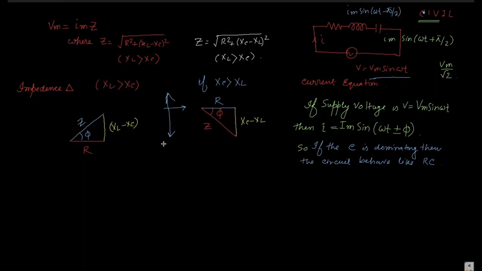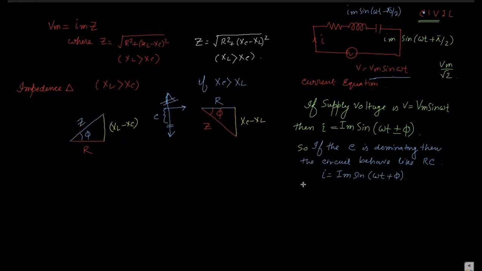So when you draw the phasor diagram, the impedance triangle or voltage triangle, you should subtract this part from this part. If this part is subtracted from the capacitive part, then the imaginary part associated with the resistor is nothing but the pure capacitive part. So the circuit behaves like an RC circuit. Then I becomes Im sin(omega t plus phi). Okay, বুঝতে পেরেছিস কি বলছি?